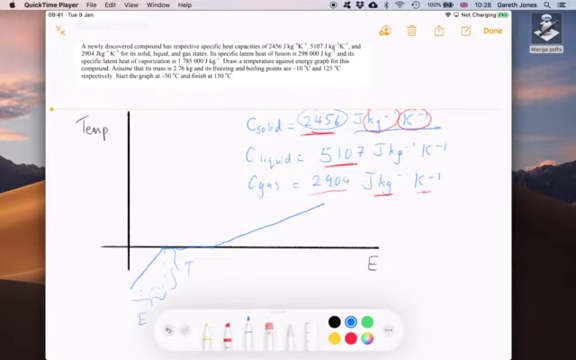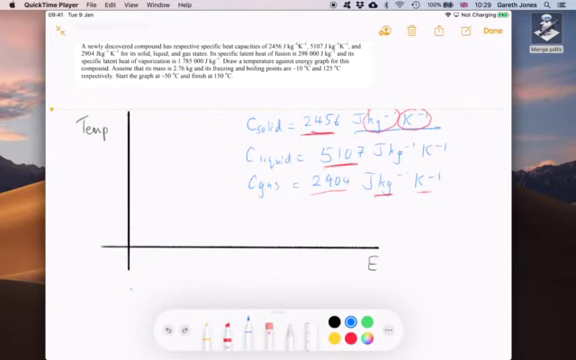Because I need a lot more energy for the same increase in temperature. Notice this temperature increase and this temperature increase are about the same, okay? But for the liquid section, I need much more energy than this because this number is so much higher than the solid one, okay? And so what these numbers are actually telling you is the gradient of the graph. If you want to look at it in a little bit more mathematical detail,